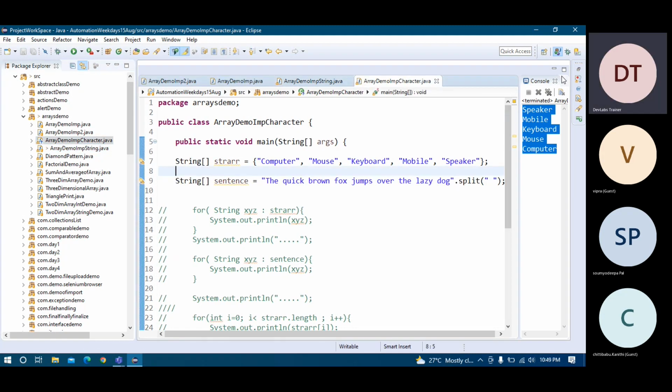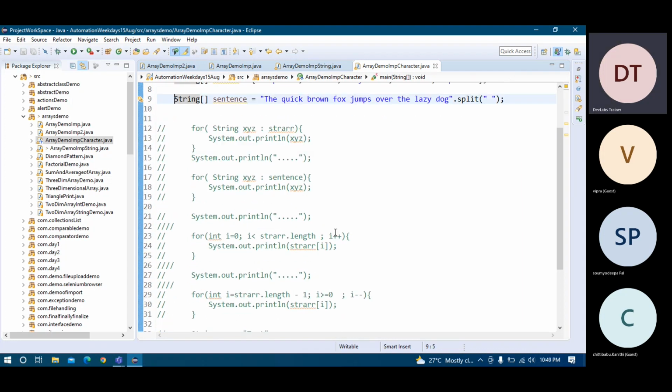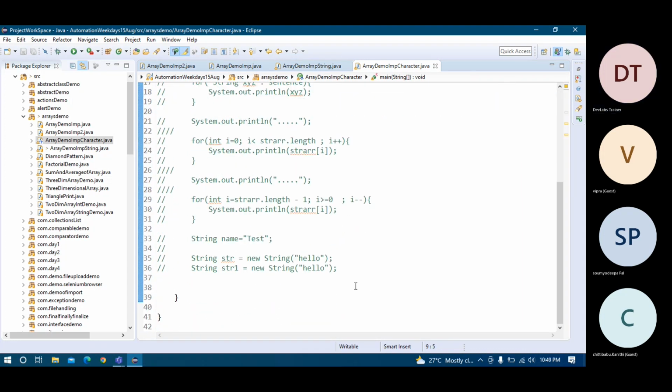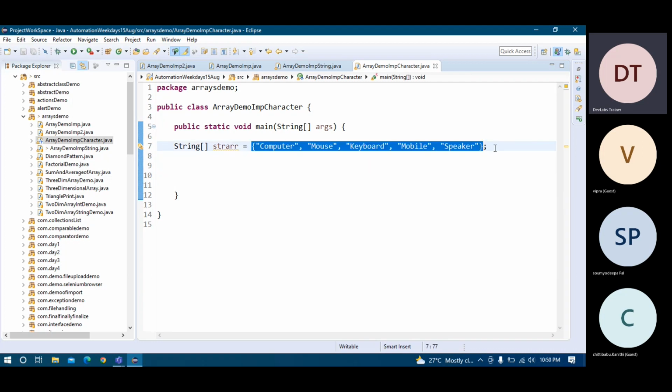So now I'm going here. I will design one character array. So let me delete the things which are not needed. And this is as of now a string. So I have to design a character array. So you know how to design a character array.